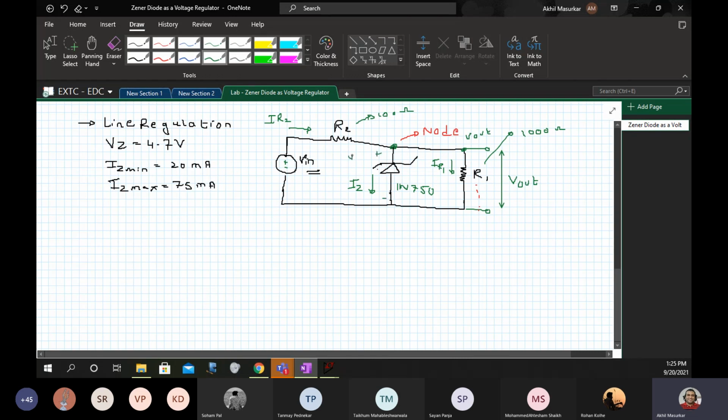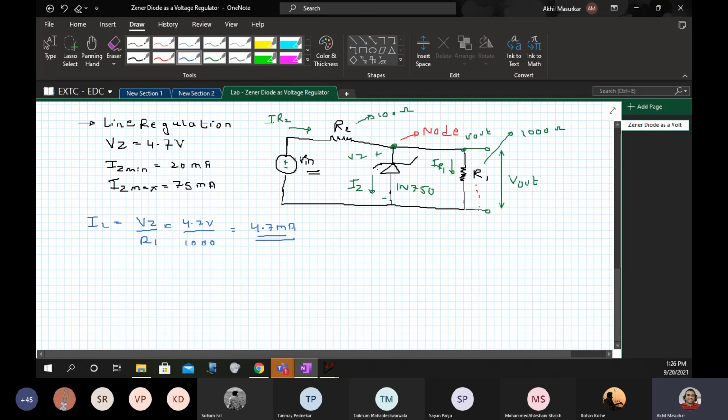So I can calculate IL as Vz upon R1, that is the load resistance. So that is going to be 4.7 volts upon 1000, which is going to be 4.7 milliamperes.